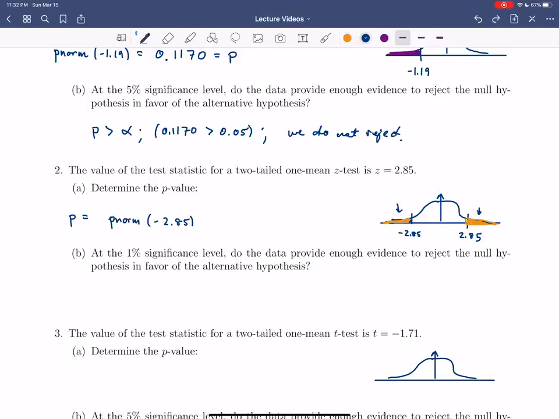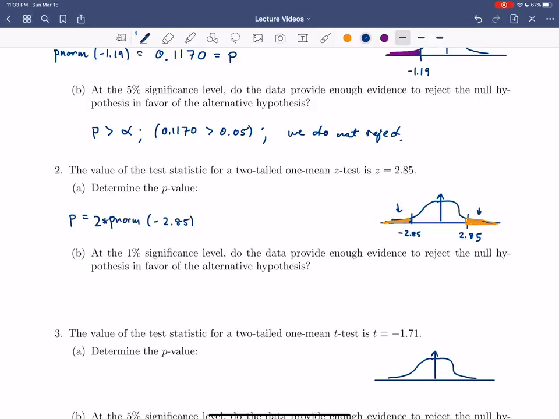So what we can do is find the easier area, which is the one over on the left, because we're always talking about cumulative probabilities with the p-norm function. And so if we want the p-value, we can just take the cumulative probability up to negative 2.85 and multiply by 2. Okay, so if you type 2 times p-norm of negative 2.85, and I'll type that into R, so negative 2.85,